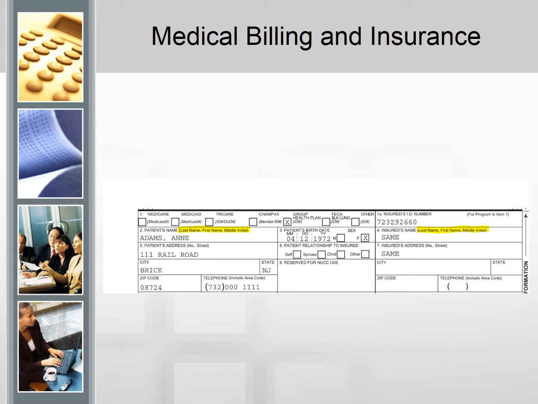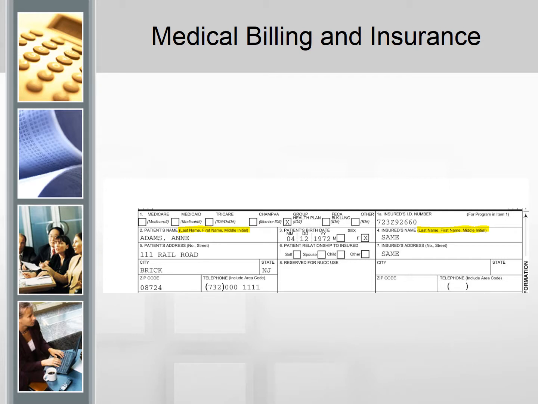Notice the information that I have highlighted in blocks 2 and 4. This is giving us the correct order for how names need to be entered on a claim form. So we have to enter the last name, then a comma, then the first name, comma, and then the patient's middle initial if they had one. So in block 2, we have Adams, comma, Ann, and notice that all caps are being used